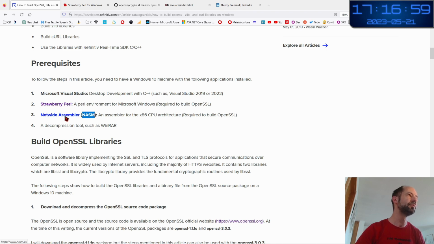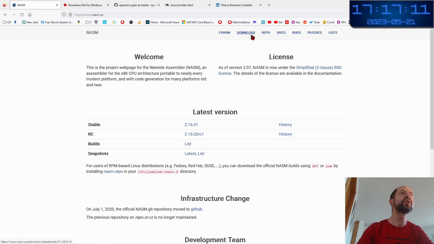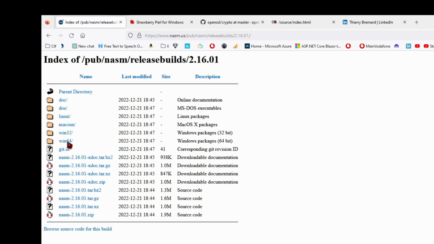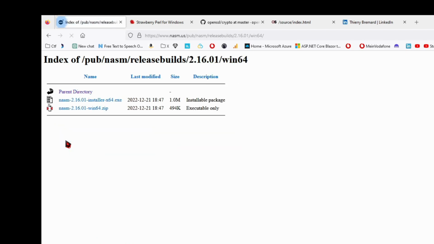which is an assembler. So let's click on the download menu. Let's take the latest version here, 2.16.01. I am on Windows 64-bit and I want the 64-bit NASM installer, so I select this one.